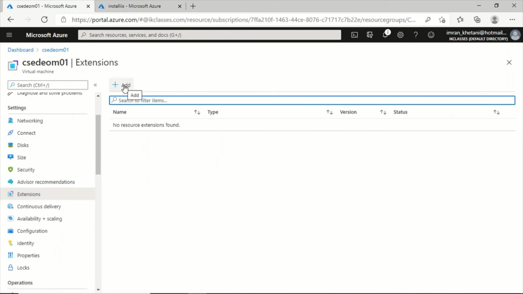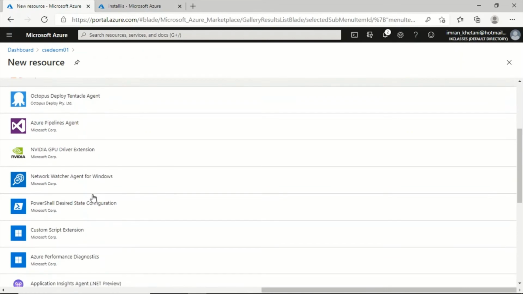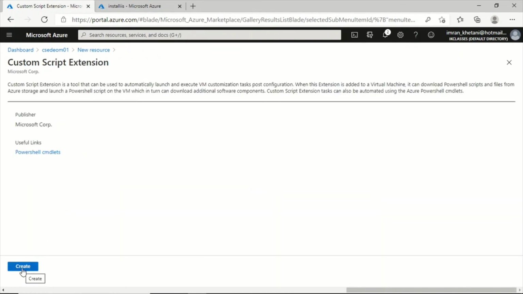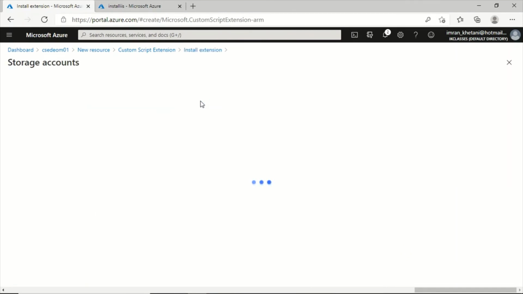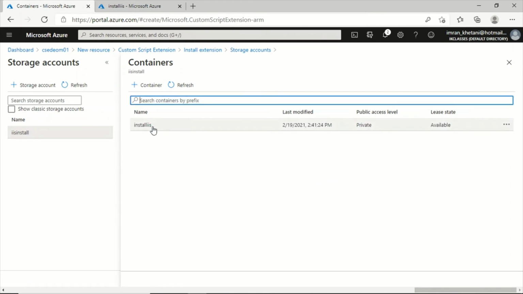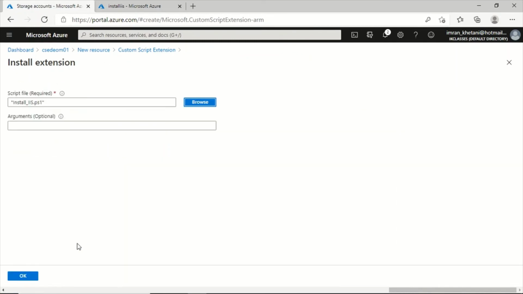Under extensions, click on add. Browse for custom script extension, click on custom script extension, and click on create. Browse to the file that you just uploaded. So this is the storage account, this is the container, and under the container we have the file install_iis.ps1. Click on it, select, and click OK.